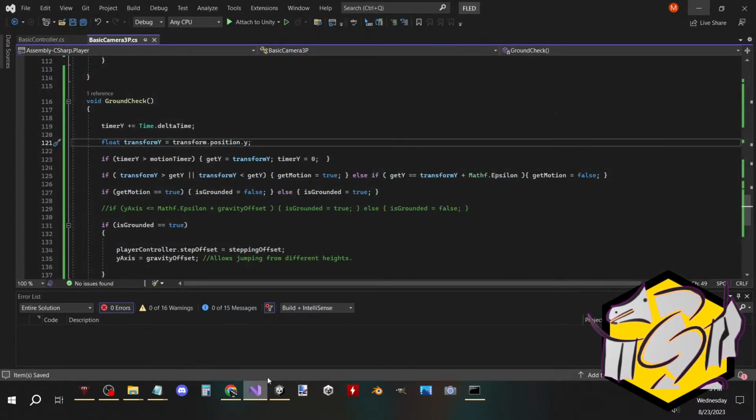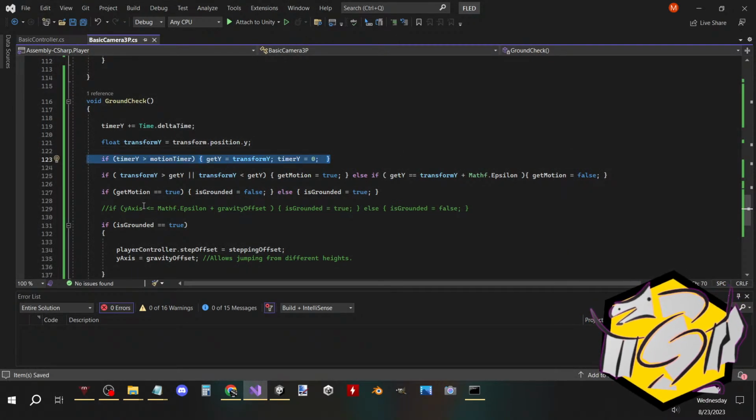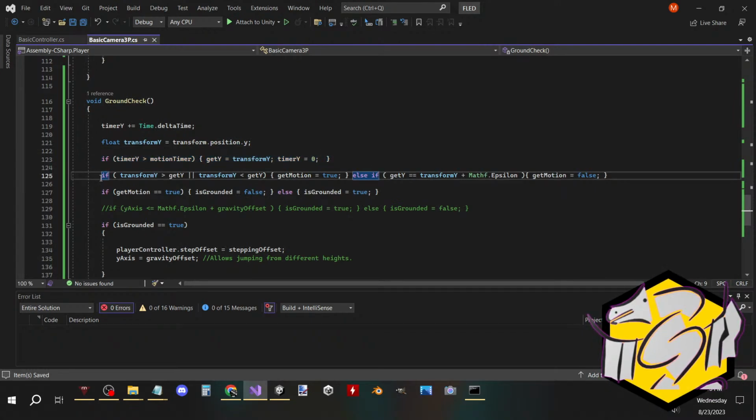Oops. Alright, so this is working every half a second. Then during that half a second, if transform is greater than, get motion equal true, this is what changes it. Else if get y equal transform plus, then get motion equal false. If get motion equal false,